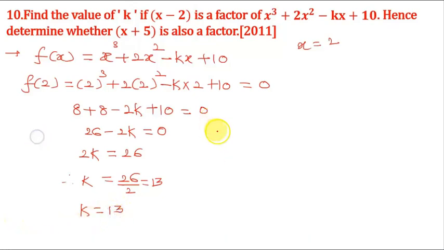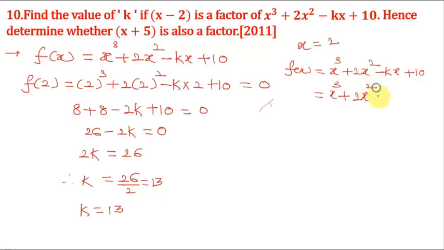Okay. Now put here k equals 13. Therefore, the polynomial will become f of x equals x cube plus 2x square minus kx plus 10. Therefore, x cube plus 2x square, the value of k is 13, so minus 13x plus 10 is the new polynomial. Now, whether x plus 5 is a factor, we will apply here